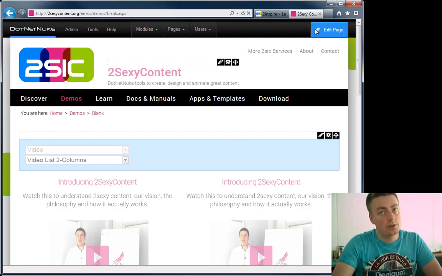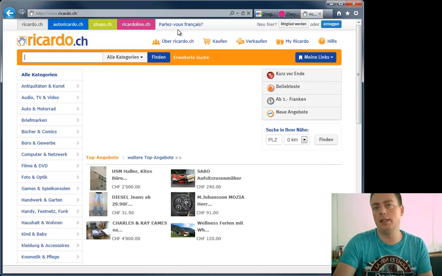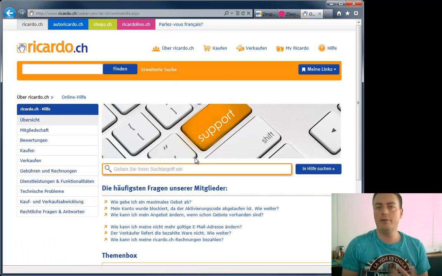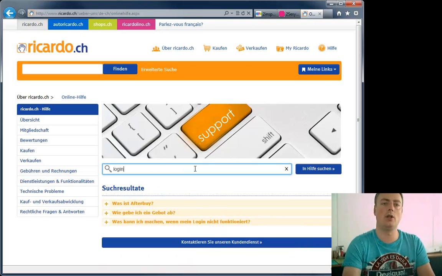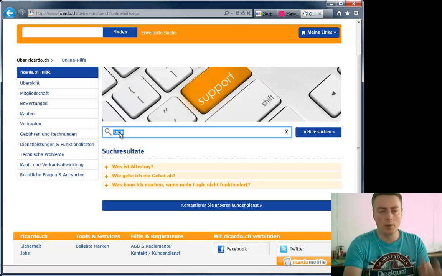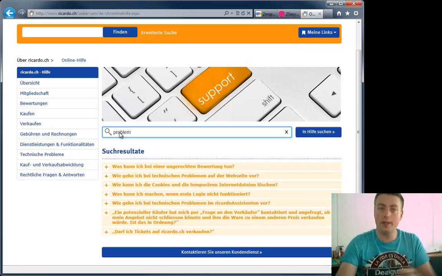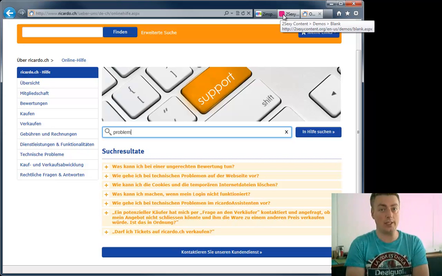One of our coolest systems we've ever made with it is actually, if we go to Ricardo, something like eBay, just in some of the European countries. eBay is not strong, but Ricardo is. Here we have a FAQ system which is based on 2SexyContent, really powerful stuff in the background. We're using Knockout.js, we're using JSON. This stuff is super fast, but all the data is actually handled in 2SexyContent. So if I say I have a question about login, you see how fast this thing responded. Or if I write anything like, I have a problem, well, great, this thing is wonderful, and it's done in 2SexyContent. So the answer is yes, it's very easy to make such things, but